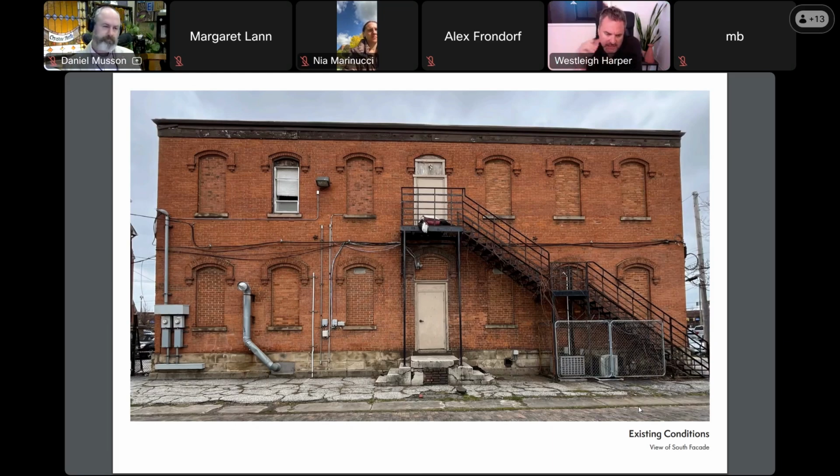So we'll again get into the proposal here of what we're looking to do with this facade, but it's kind of a unique condition where Keene Court is the primary facade of this building, which was somewhat surprising.